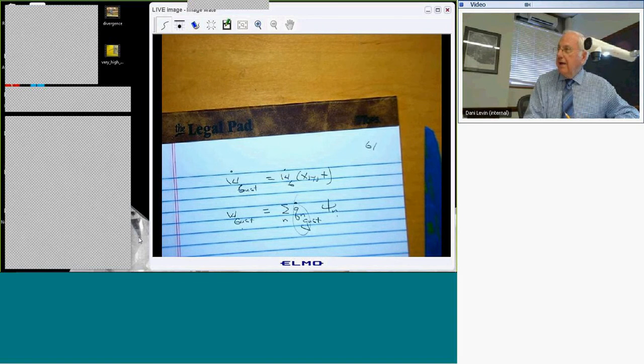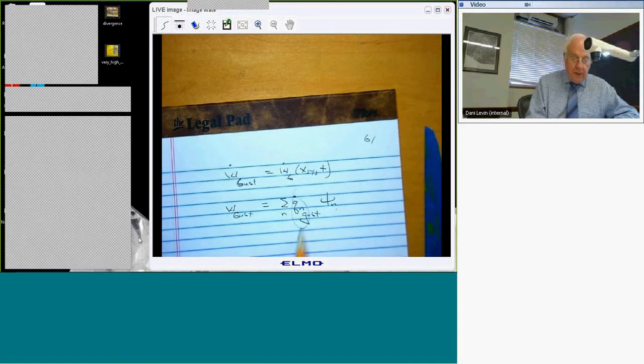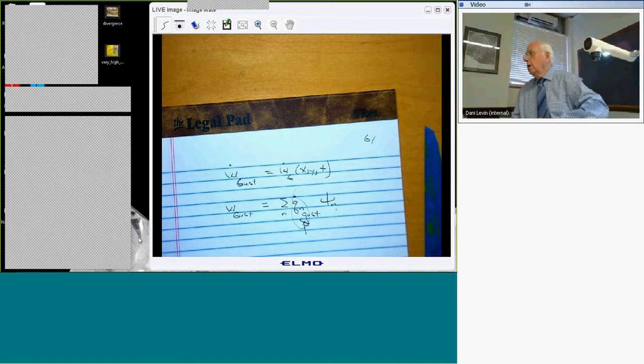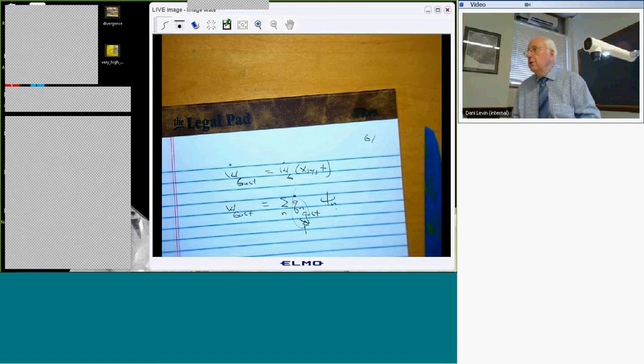Okay. Now, since you raised this question, how do I find those coefficients? I'll make it easy for you. How do I find those coefficients if the mass distribution is a constant? If the mass per unit area is a constant, how do I find those coefficients? What wonderful property of these mode shapes would I use? What is the most wonderful property of all eigen modes? Orthogonality.